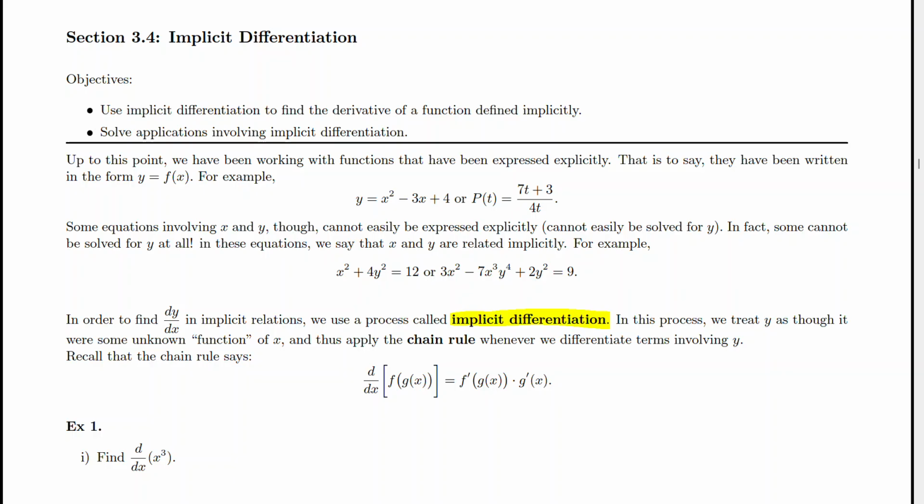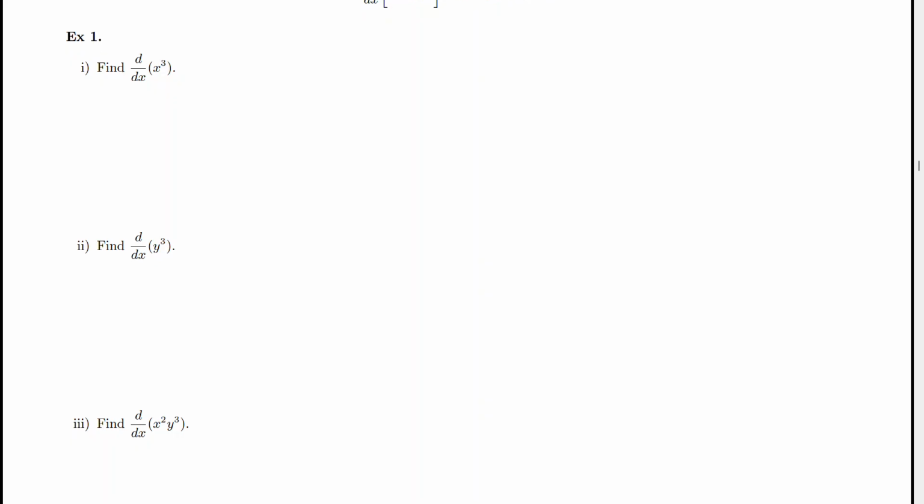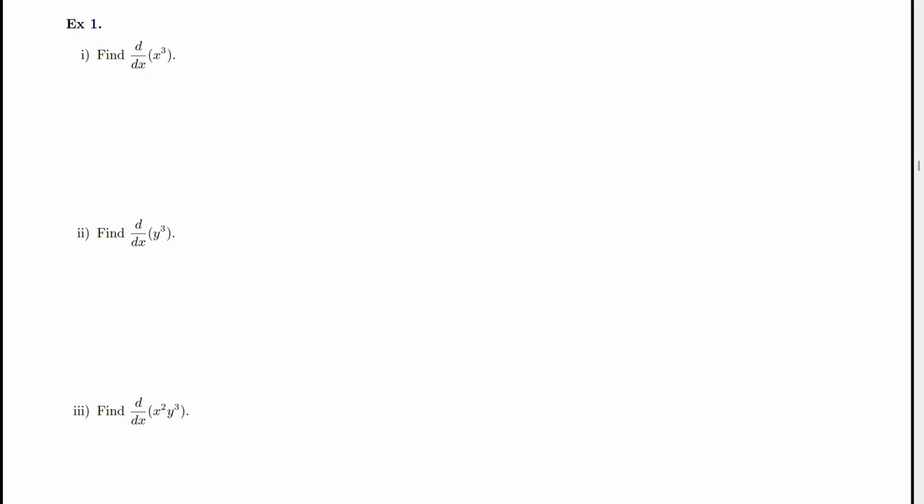This process really relies on the rules that we learned in the previous sections: the basic differentiation rules, along with the product, quotient, and chain rules. So how does it work? Let's take a look at example number 1, where it says find the derivatives,